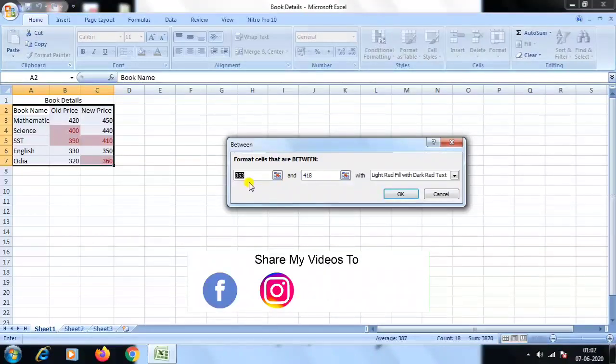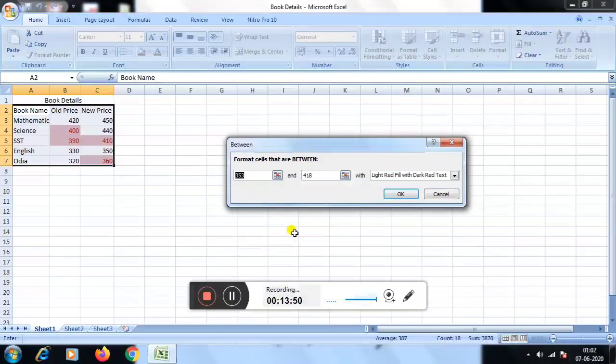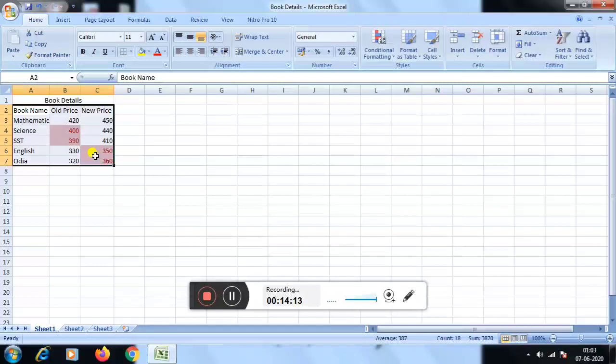If we need to format the numbers which are greater than 350 and less than or equal to 400, then you click on the OK option. You can see in your table that the numbers which are greater than 350 and less than 400 are formatted in a different color.